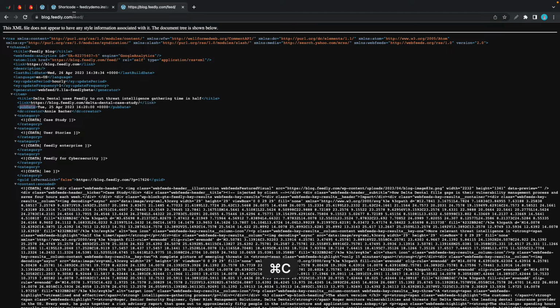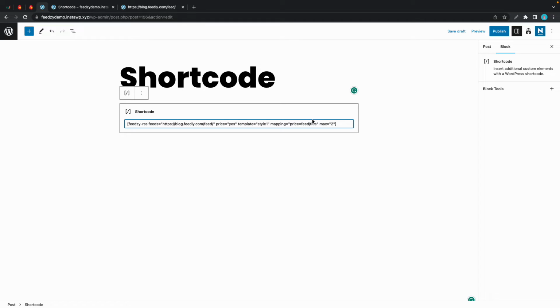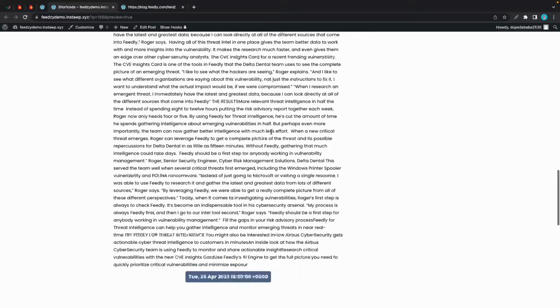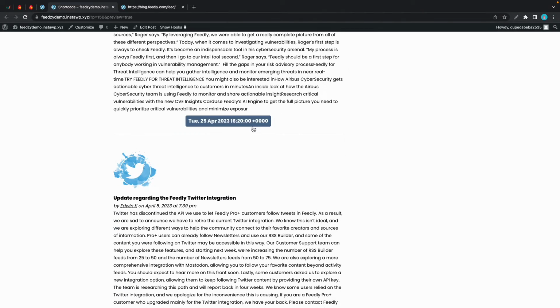So I'll copy this. I'll go back to the shortcode and I'll paste it in place of feed pipe title. So I'll just highlight this and paste what we copied. Now let's preview. All right. And once we scroll down, we should see our publish date. All right. So now you should know how to extract both feed level and item level elements using the shortcode